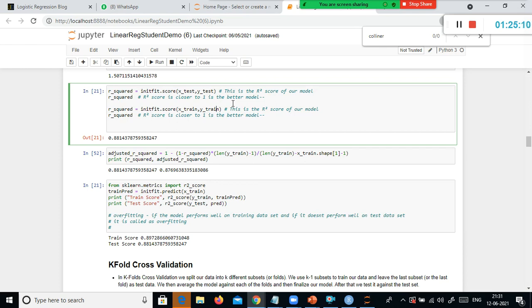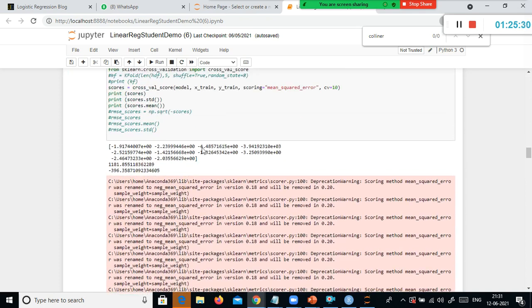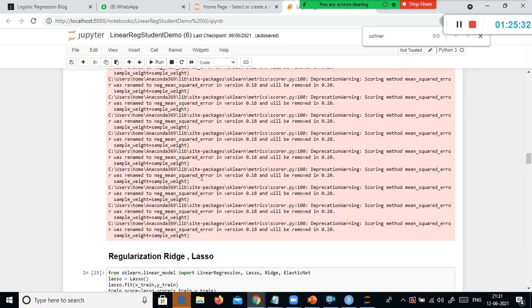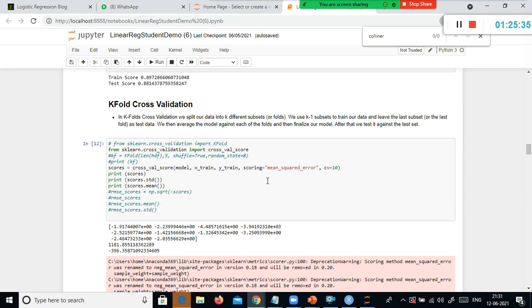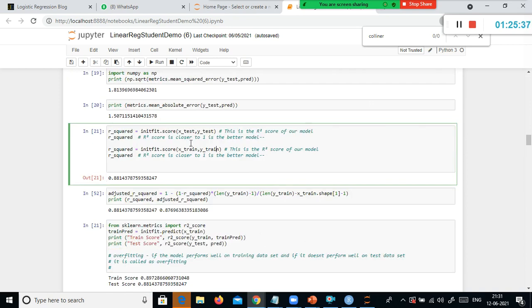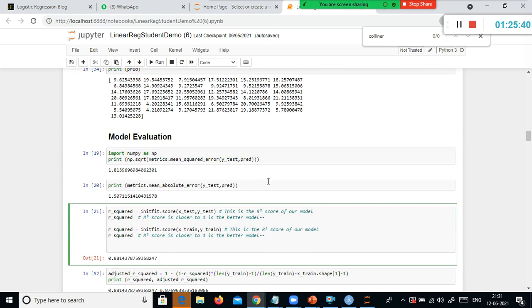With that, you can find out what is the R squared value for the training data set of my model. What is the R squared value for the test data set? Are these two values close by? If these two, training and test data set R squared, are roughly somewhat closer, that means my model generalized well. Or you can use RMSE also, right? Okay, you applied your model on only one test data set in this case, and then you concluded my model training R squared and test data set R squared are somewhat closer.